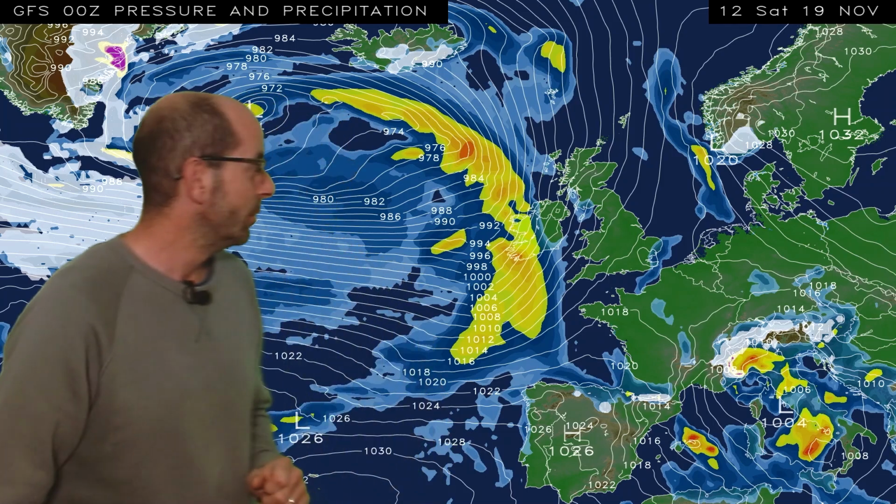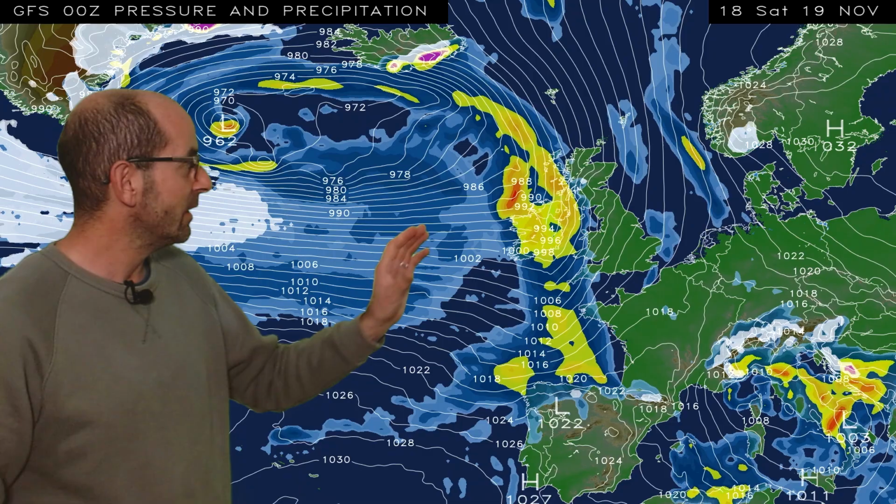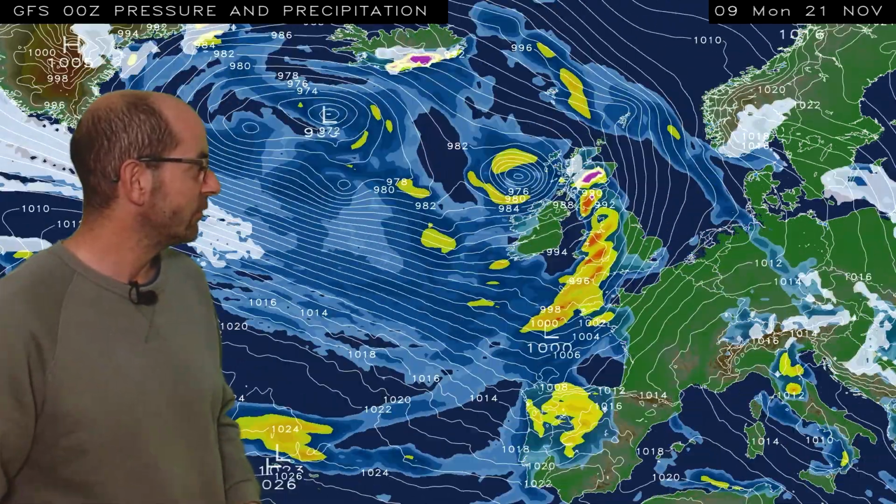Uncertainty, of course, about the exact details at this range, but it leads to the chance of a rather cold start to the day, but brighter conditions at least through the morning and the afternoon. I'll look at that a little bit later. But the respite is temporary. More wet and windy weather pushes in from the west, and that really sets the theme for the early part